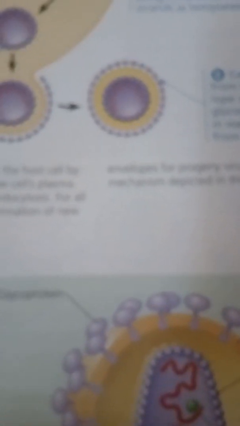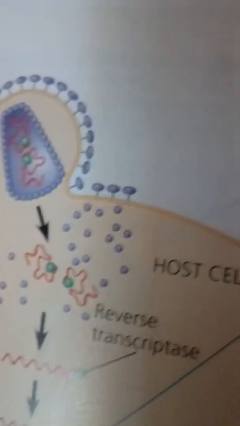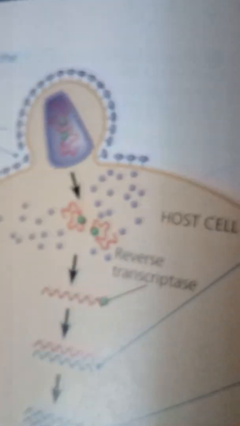Unlike a prophage, a provirus never leaves. The host's RNA polymerase transcribes the proviral DNA into RNA molecules, which can function both as mRNA for the synthesis of viral proteins and as genomes for new virus particles released from the